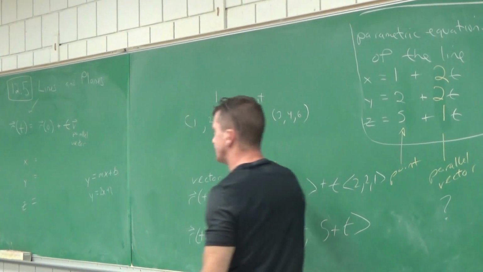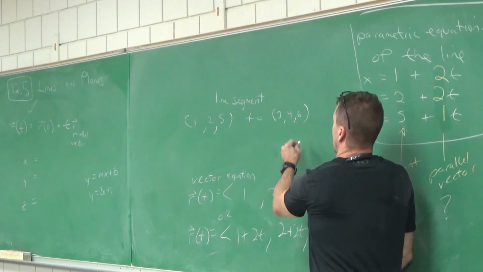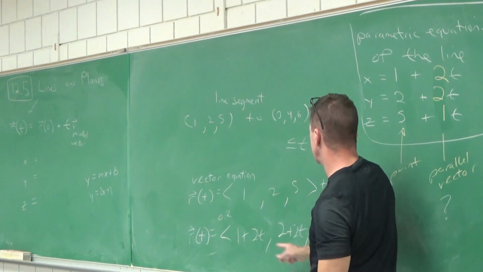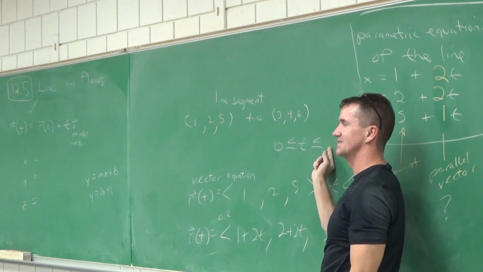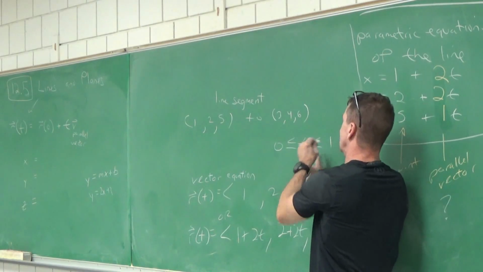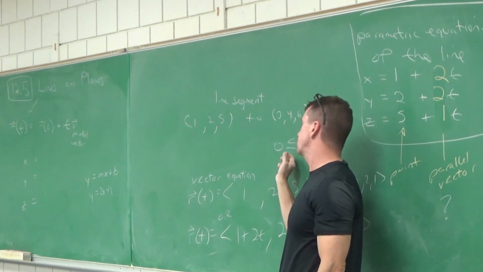All you have to do is make a little note after you did all this and just take your t from, let's see, if I plug in 0, do I get the first point? Okay, where would I have to stop this? What t value would make it stop at this point? 1. That's all I have to add. So in this part right here, don't let it bug you.